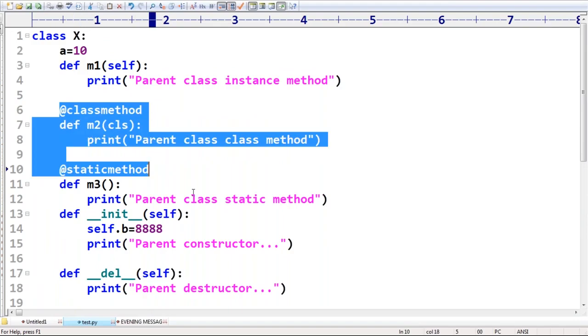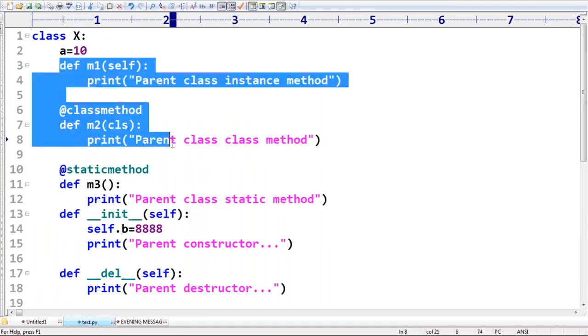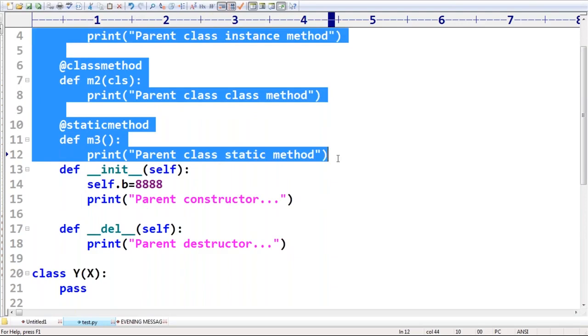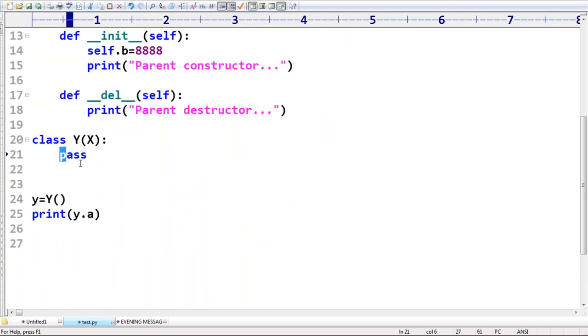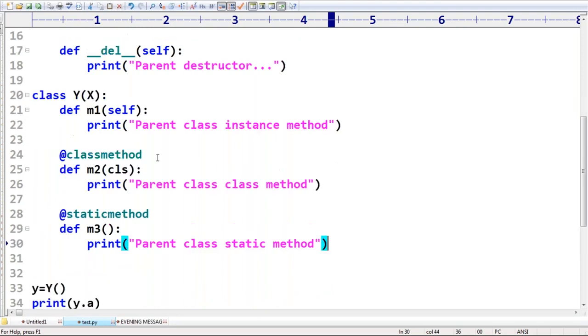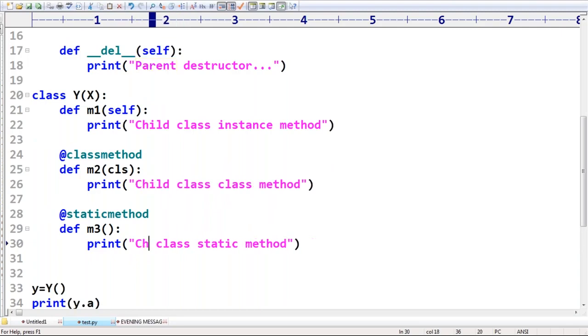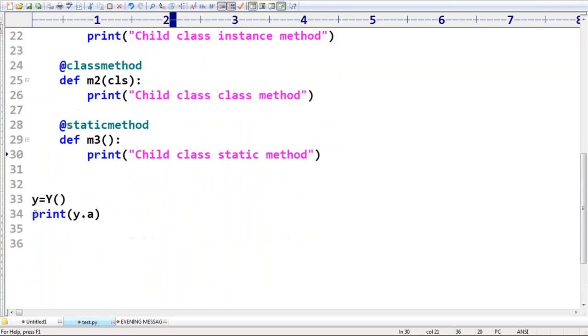Sir, I want to define all these methods in the child class, right? Luckily, we have the copy paste option. Okay. Now I'm replacing child. So now the parent class contains methods, and the child class also contains methods. Then automatically, do you know